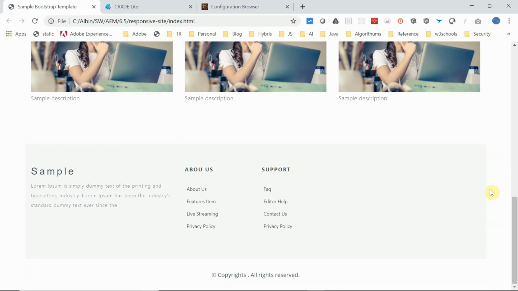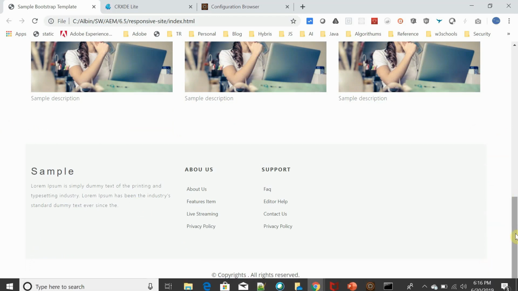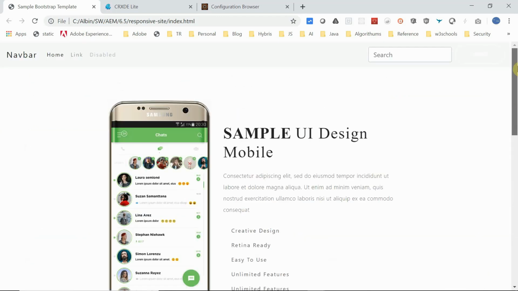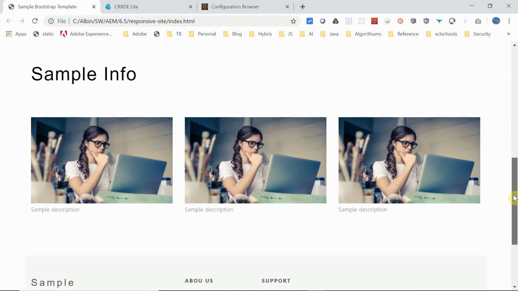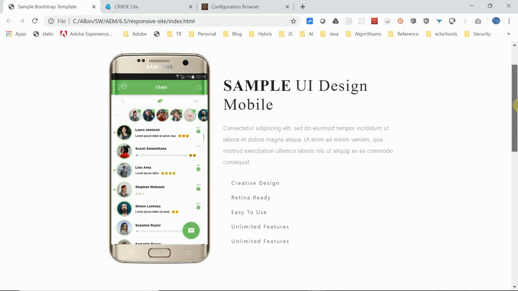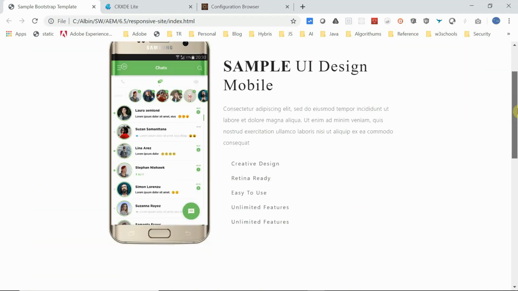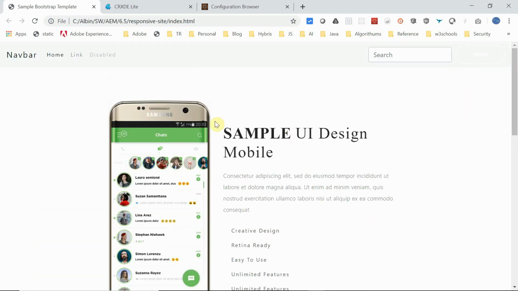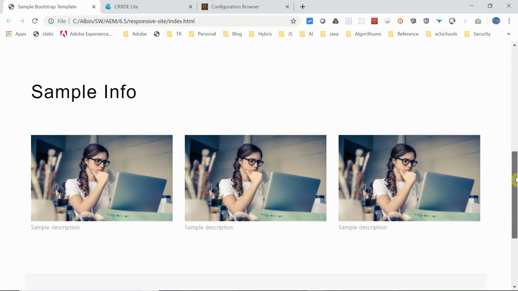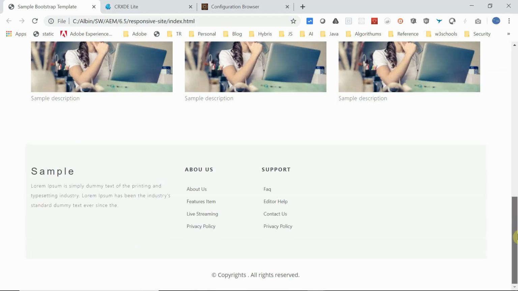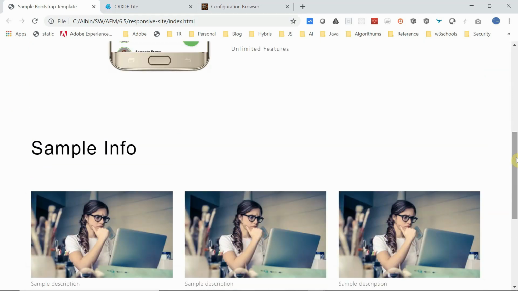And the last one is the footer. This is another custom component. So totally we are going to develop two custom components. One is header and another one is footer. Then we are going to use the standard text and image, then teaser components. Then obviously the template author is going to structure this page as required. First there is a header, then like this structure, two column, then like a title, then there is a three column, then the footer.